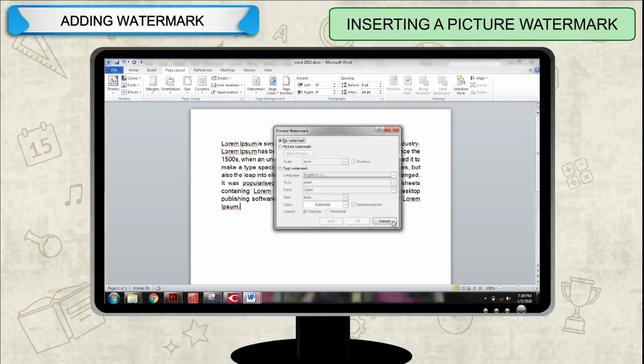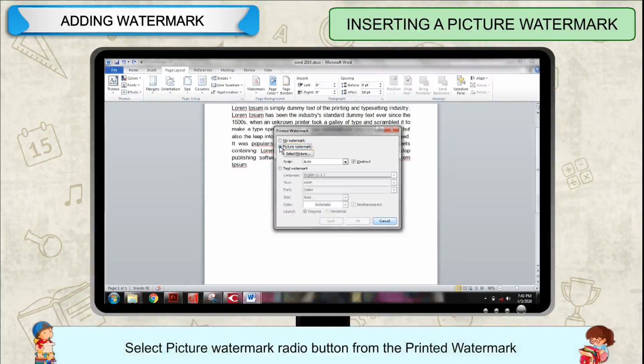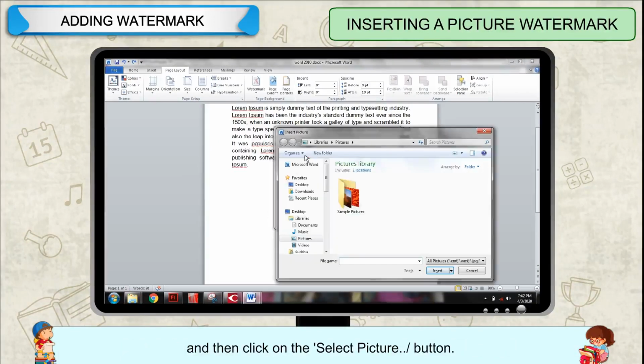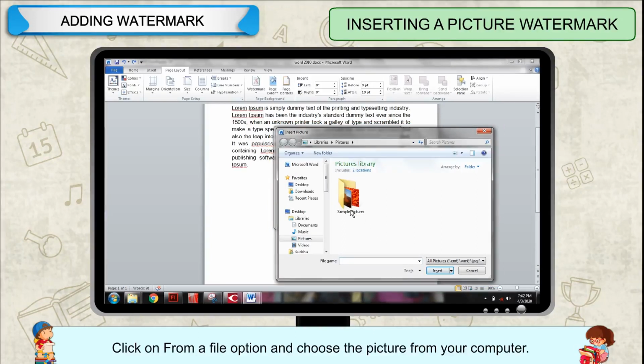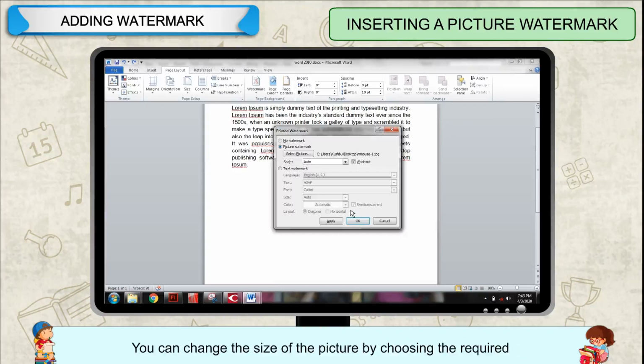Inserting a picture watermark. Select the Picture Watermark radio button from the Printed Watermark dialog box and then click on the Select Picture button. Word will offer you multiple options for choosing the picture. Click on From a File option and choose the picture from your computer.